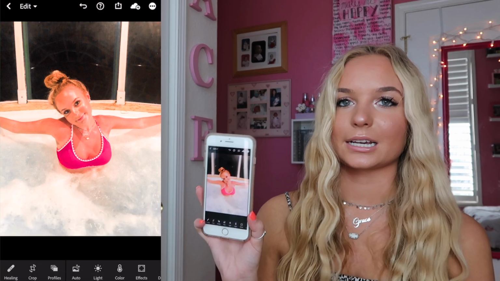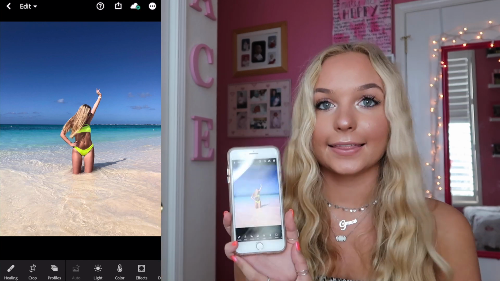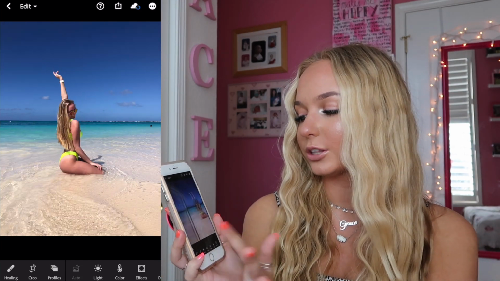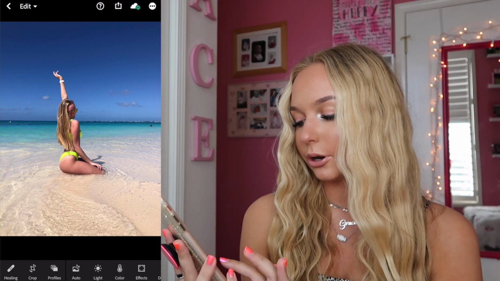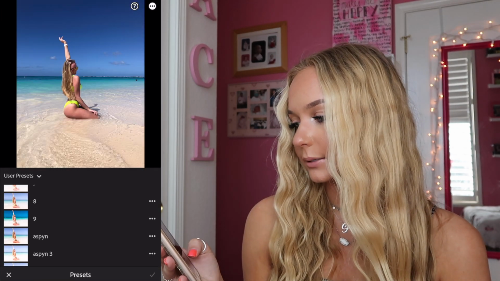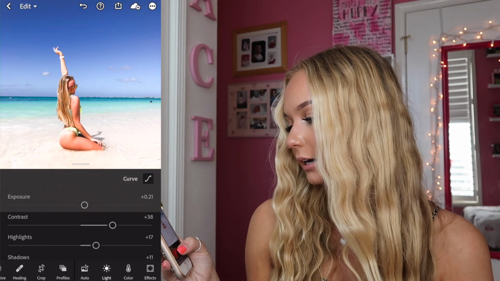So that's kind of the most I can do for this type of photo, just because it's not the best lighting. And then these photos, which had amazing lighting, I barely had to do anything to. So I'm just going to go to my preset real quick and click it, and it actually exposed them too much. So I ended up toning all this down,